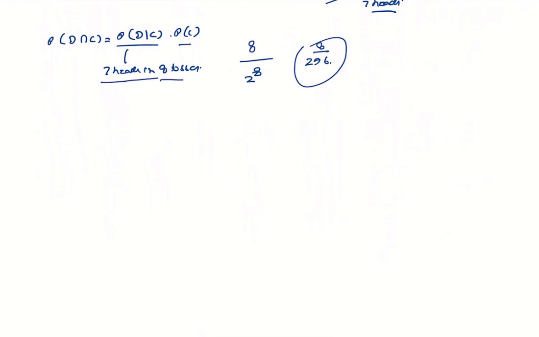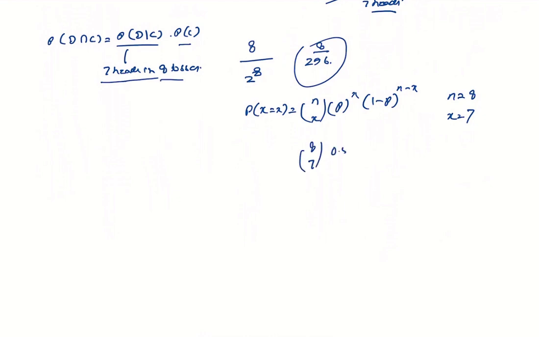equation, and you can solve it using the binomial formula, which is probability of x is equal to n choose x times p to the x times 1 minus p to the n minus x, where n is 8 and x is 7. So 8 choose 7, probability of a head is 0.5 to the power 7, 1 minus p is 0.5, and this is 8 minus 7, which is 1. So 8 choose 7 is 8, and